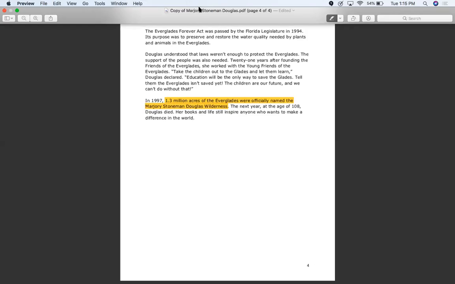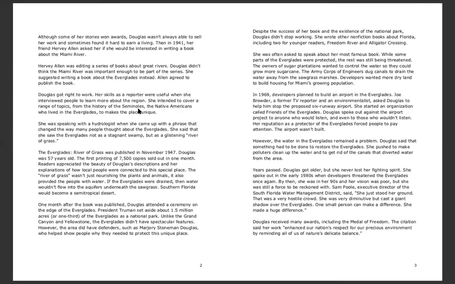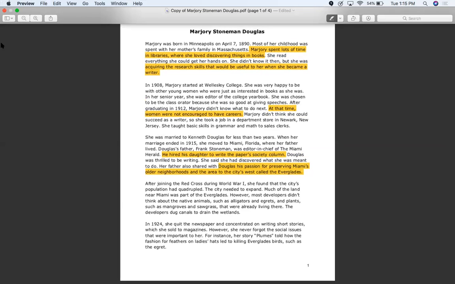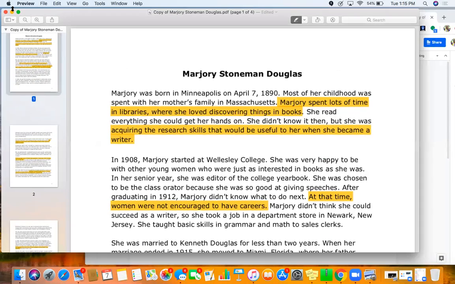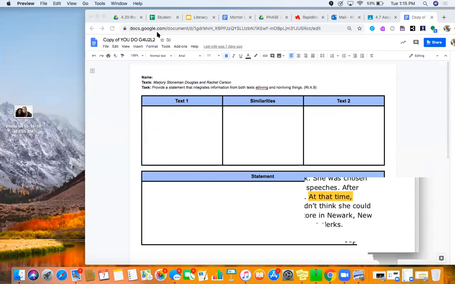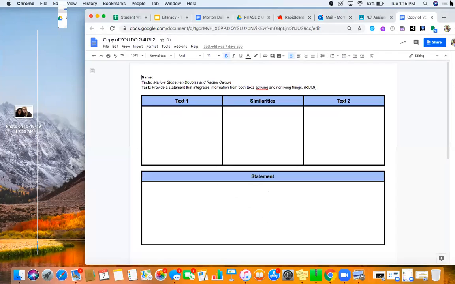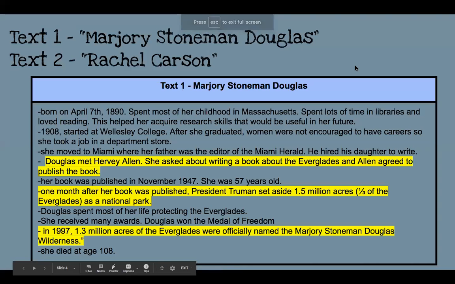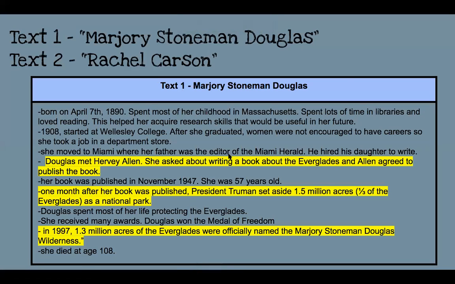Okay, so as I'm reading, I'm picking out that information that I think is the most important, okay? So I would go back to my text box or my page, just like this, except I have it in a different place so that you can see it. Okay, so let's pretend that this is my box from what I read, and I typed out all of the things that I highlighted as I was reading, okay? So as I'm going through, all of these details are important, but we're looking for the most important details. What did we really take away from this article?